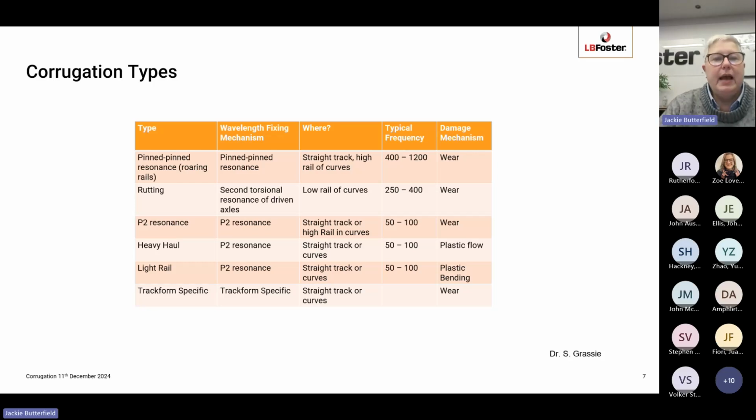So here's a table that comes from one of Stuart's papers, which just lists some of the identified characteristic forms of corrugation. And each of those has a different wavelength fixing mechanism, a different kind of position where it will appear on the track, a frequency, and what that damage mechanism is. So the first type is pinned corrugation. So the wavelength